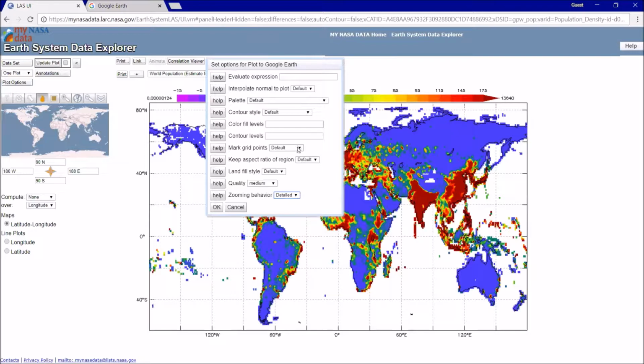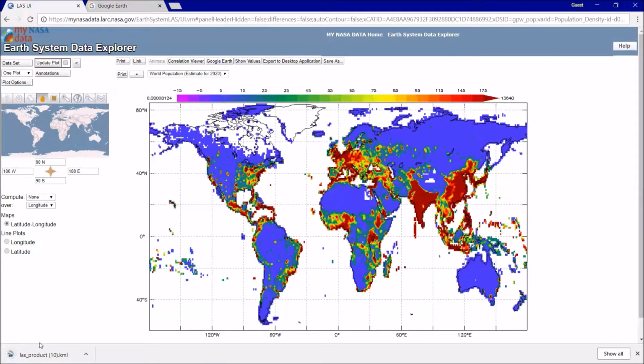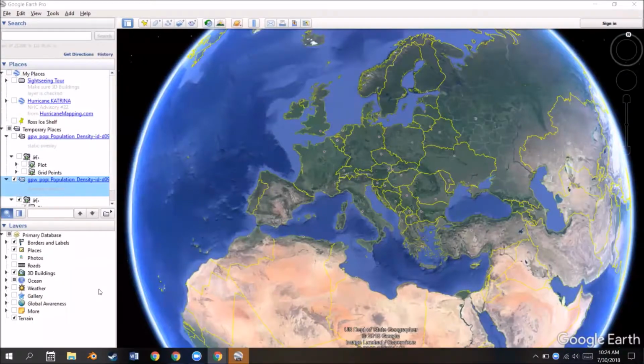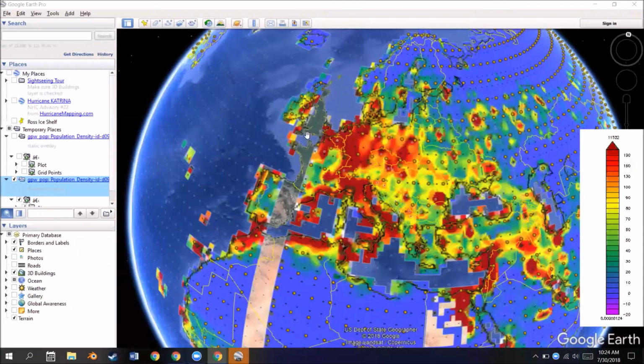And maybe I do want to have some grid points too. That might make it look a little easier to compare things happening here versus happening on the Google Earth program. So we'll click OK, and we'll try this time. Now we have those grid points appearing. And as my laptop is doing its best,